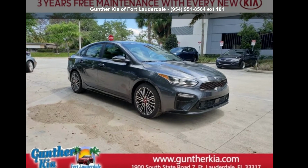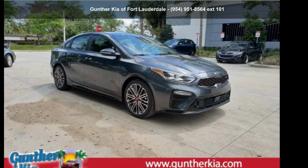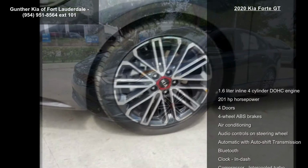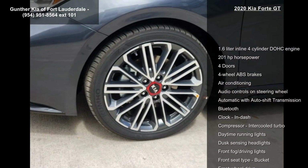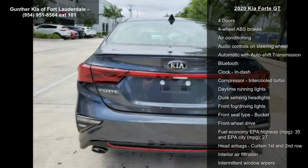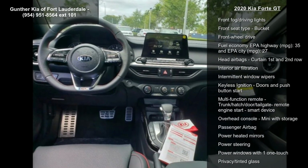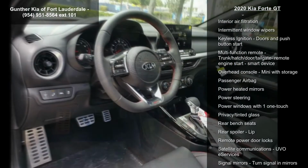Step into the Kia 2020 Forte GT. If you are looking for a first-rate auto, this one could be yours today. Some of the top features included with this vehicle are a 1.6-liter inline 4-cylinder DOHC engine, 201 horsepower, 4 doors, 4-wheel